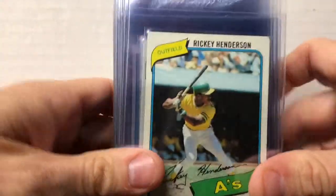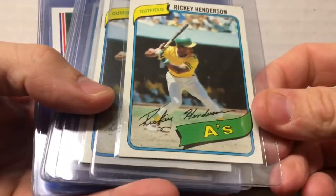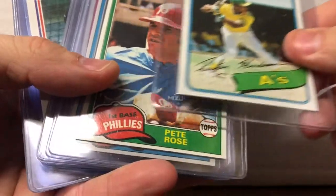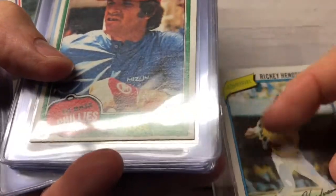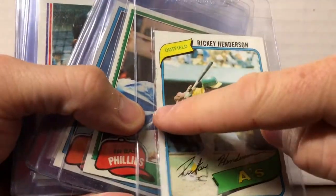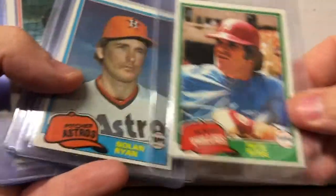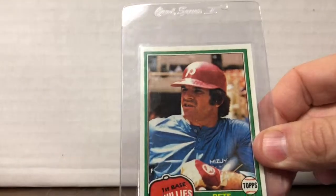So here are then some of the vintage baseball cards that I found in my little stack that I had pulled. I think there's probably a lot of familiarity with this card. Rickey Henderson, 1980 Topps. Yeah, a few of those. These will not be 10s in any stretch. This one's got a little side issue here, a ding. But let's see, 81 Topps Pete Rose,